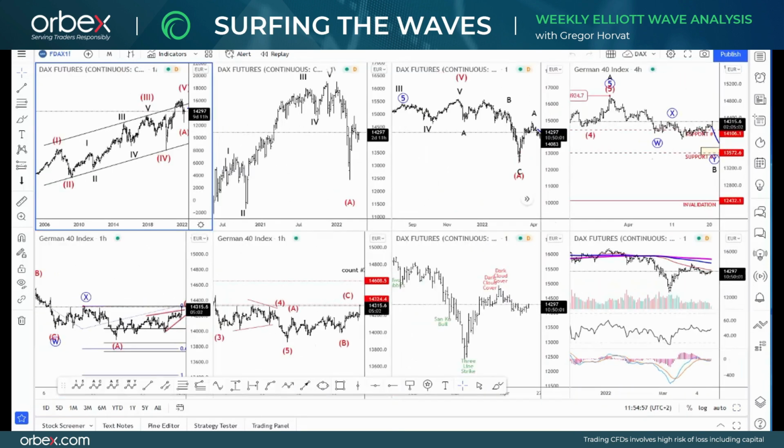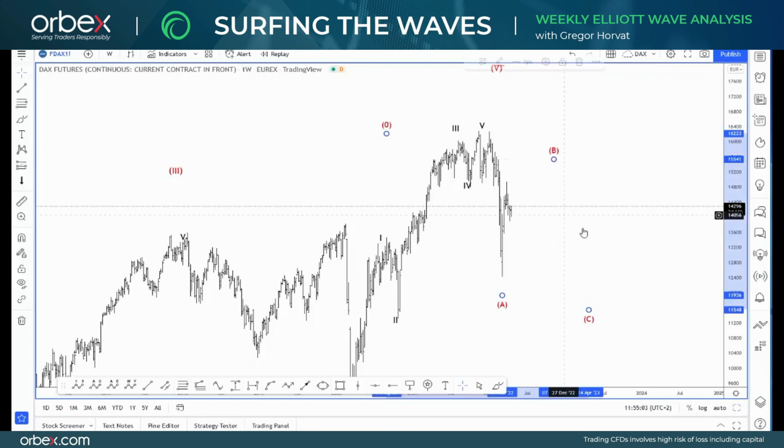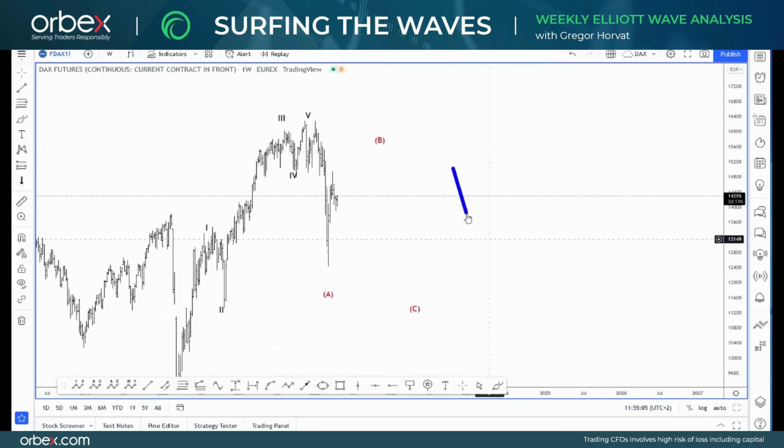Now let's take a look also at the German DAX. I think the German DAX could be dealing with a bigger flat formation. It's a 3-3-5 pattern. So you see a 3-wave drop for a wave A, a 3-wave rally for a wave B, which could move very close to this previous starting point, previous high, and then you see a 5-wave drop for a wave C. So for now, what we are focusing on is this structure here,